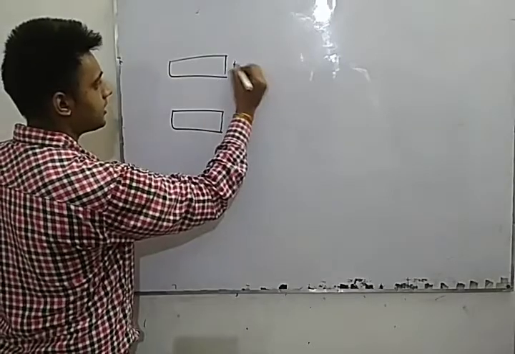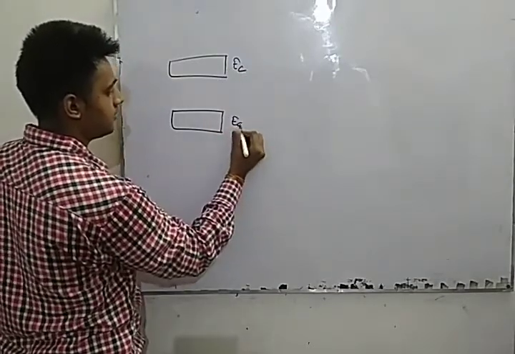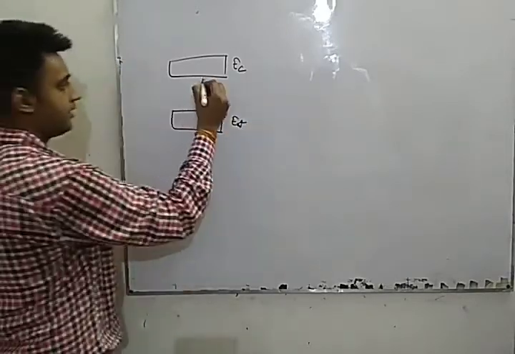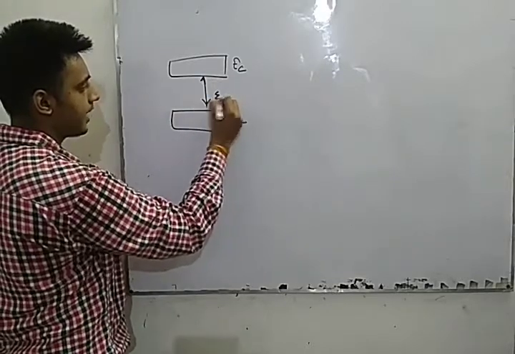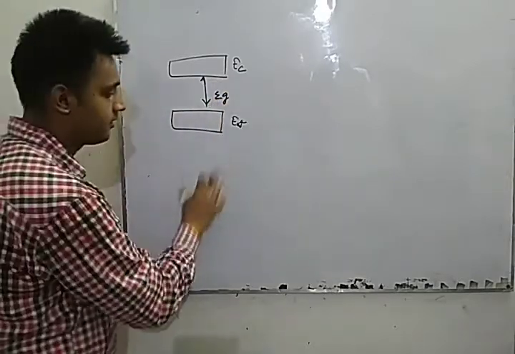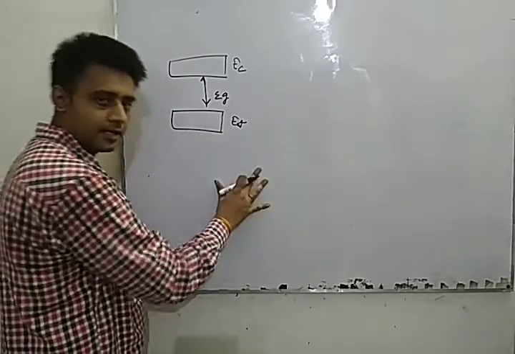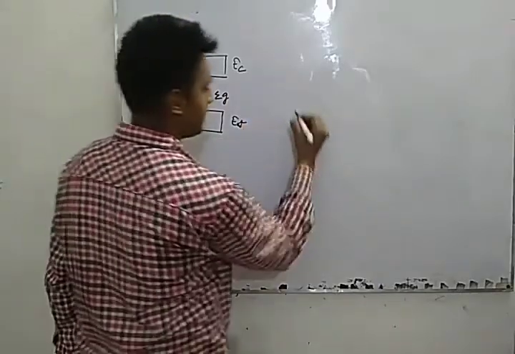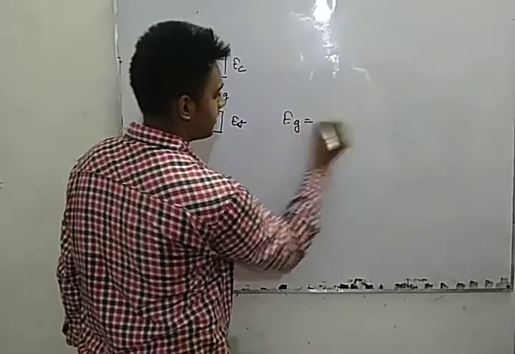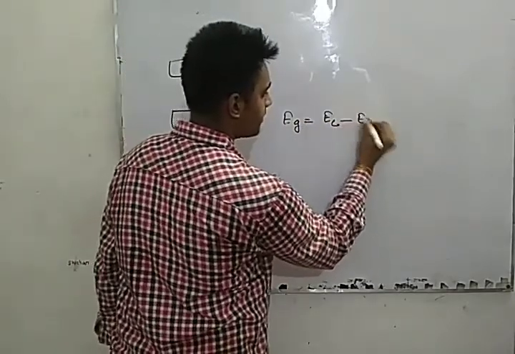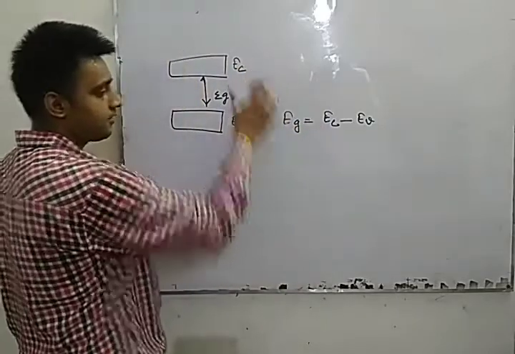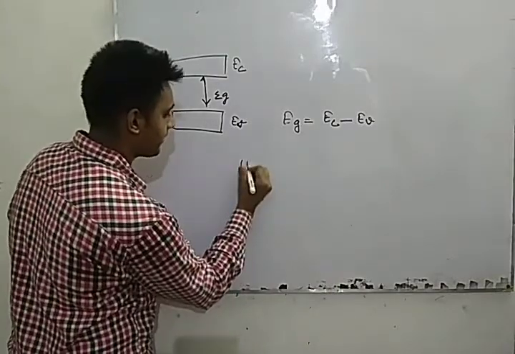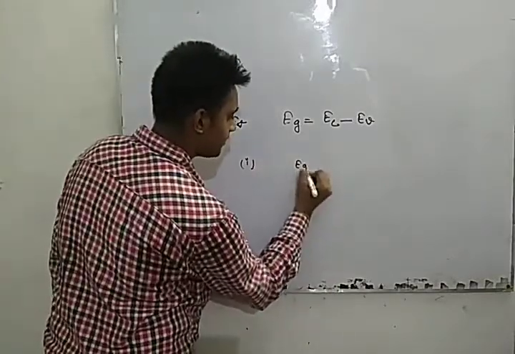That is, as we studied, the energy of the conduction band and the energy of the valence band. Here the whole game is about the energy gap, which categorizes semiconductors, conductors and insulators. It all depends on the value of Eg. Eg, as we earlier studied, is the difference between the energy in the conduction band and the energy in the valence band.